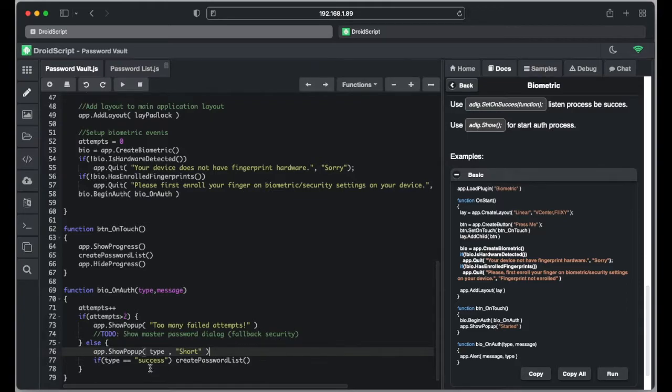If the type is success, then what we want to do is go into create password list. So at that point we want to go into the password list that we've created, and that's it really. That is all that's needed to integrate the biometric code into this app. So if we run our app